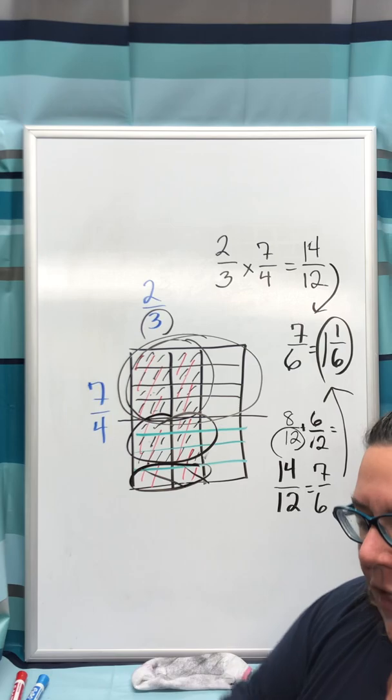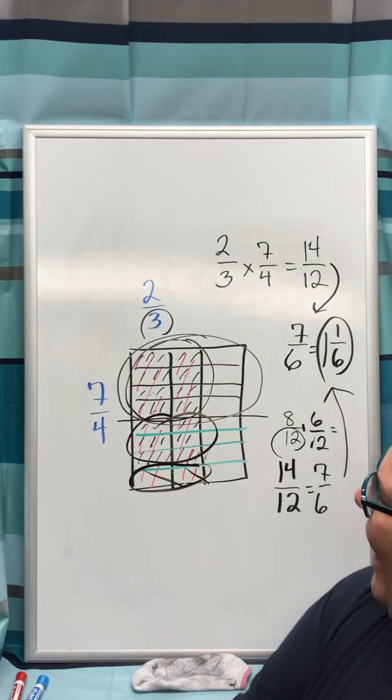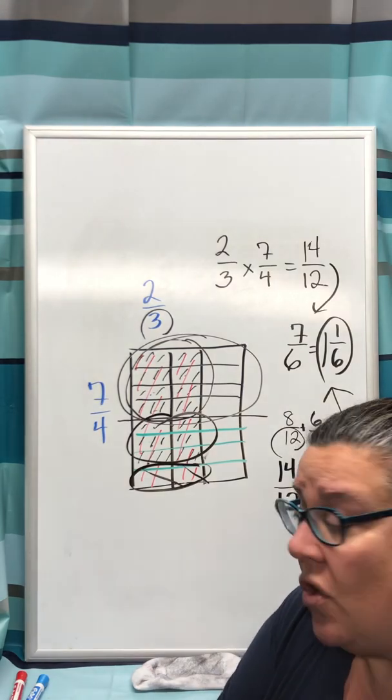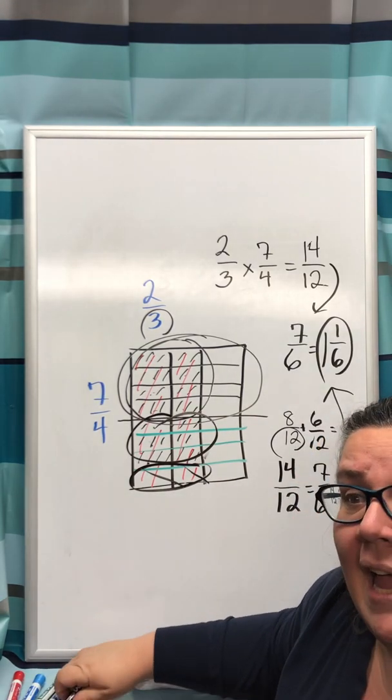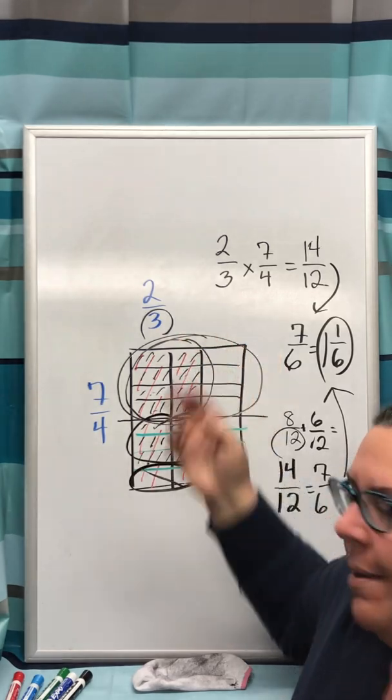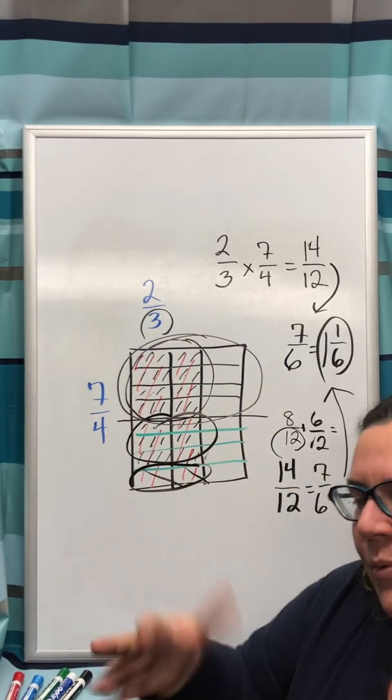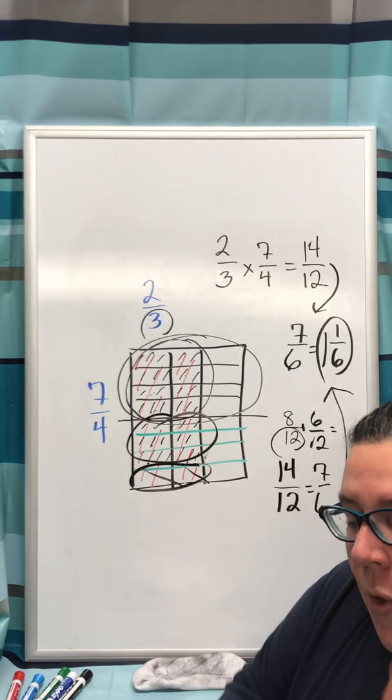Okay, so that was the Convince Me. Again, sometimes even if they ask for a drawing, if you take the time and do that one extra step and do the number model first, it might help you to understand the drawing after. So sometimes we have to work backwards. Okay, we're going to jump over to